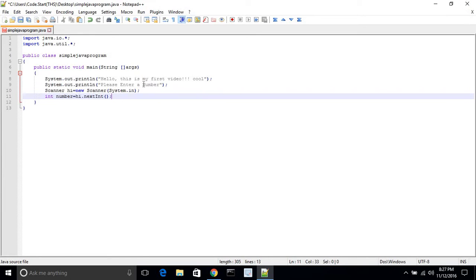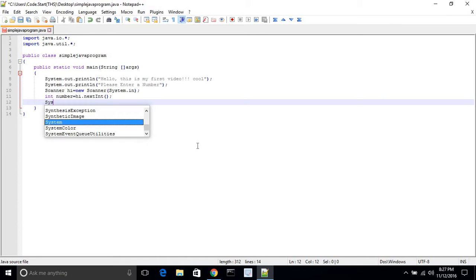So we might as well just specify that. Please enter a number, integer. I guess it should be the same. Never mind. So now let's say System.out, because now we want to tell the user what number they've just entered. So System.out.println, semicolon, always parentheses, the number you just entered